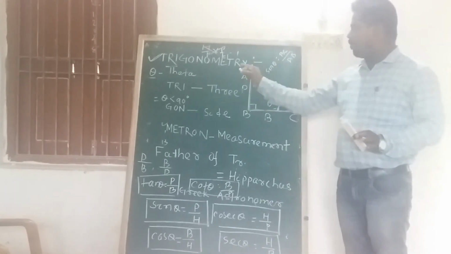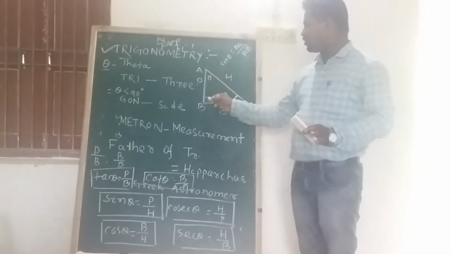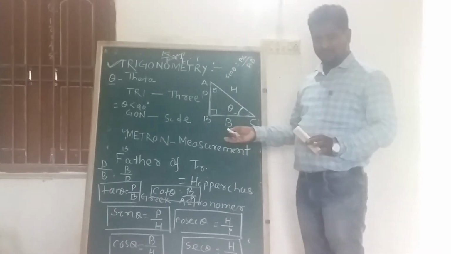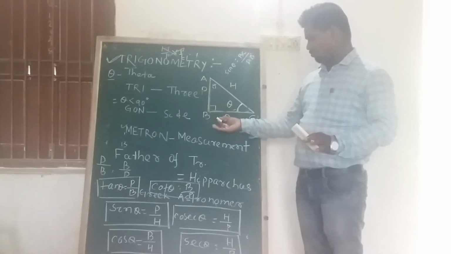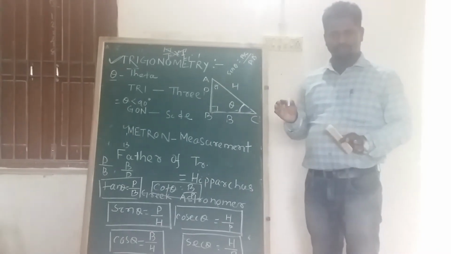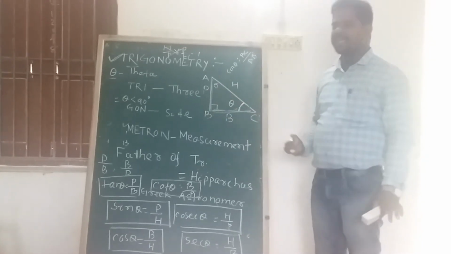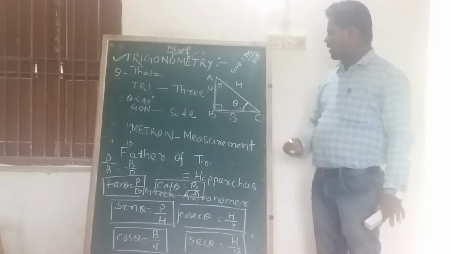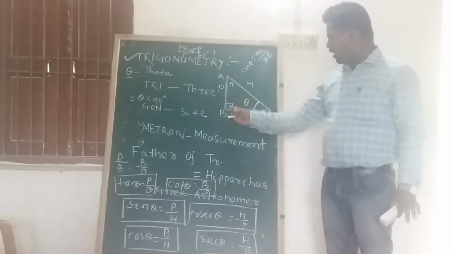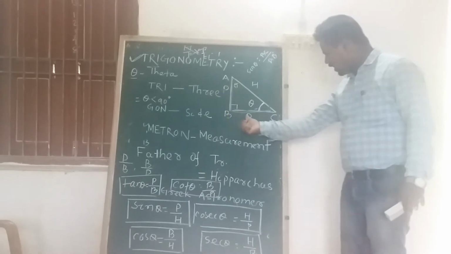Trigonometry is a branch of mathematics which provides the relation between the sides and the angles of the triangle. Here, in our 10th class, we try to build a relation between the sides and the angles of a right angle triangle. Clear? ABC is a right angle triangle and B is the right angle. Opposite of the right angle, you know that is the hypotenuse. And the lines attached to the right angle, one is the perpendicular and the other one is the base.